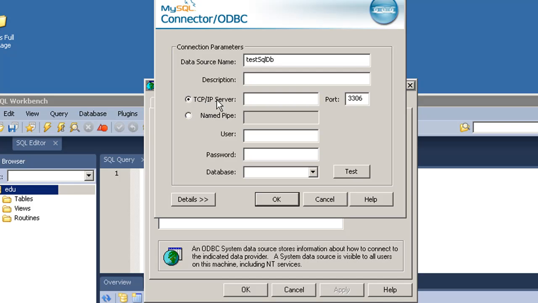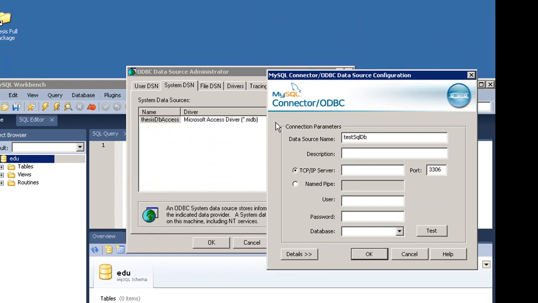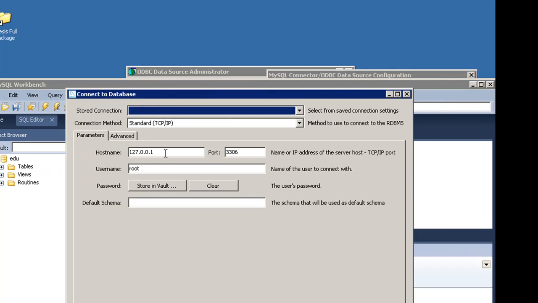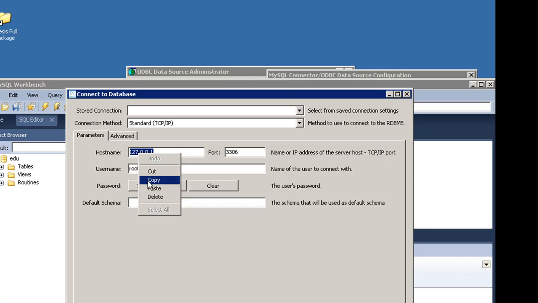We will use the TCP IP server. This is the right port. How do I get the TCP IP server? So here in the database query, we will copy this, the host name, copy.